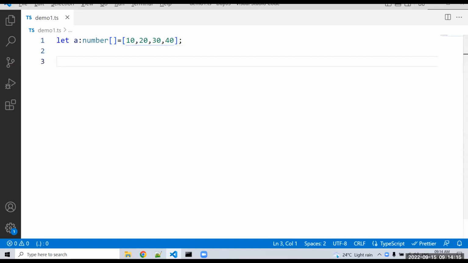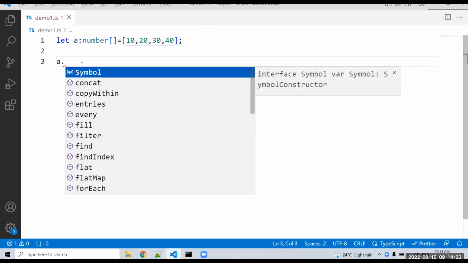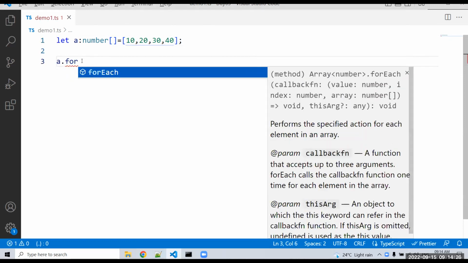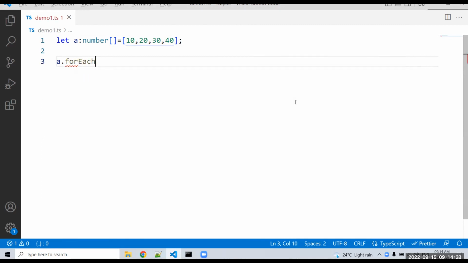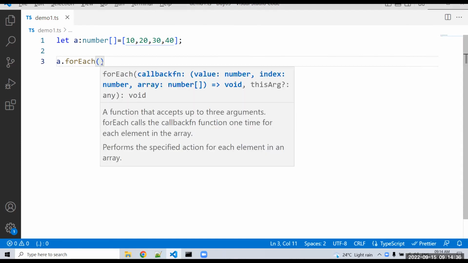You can apply a forEach method on the array. Just use the array name, after that use a dot operator and use forEach. The syntax of the forEach method is very similar to the fat arrow function. First check out the syntax and the documentation as well. First, read the documentation. The forEach